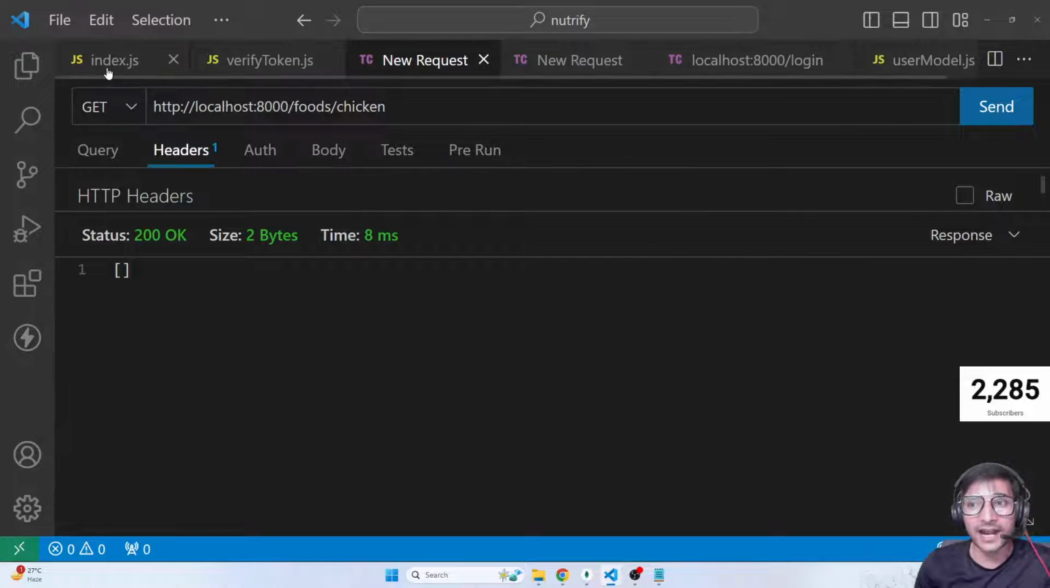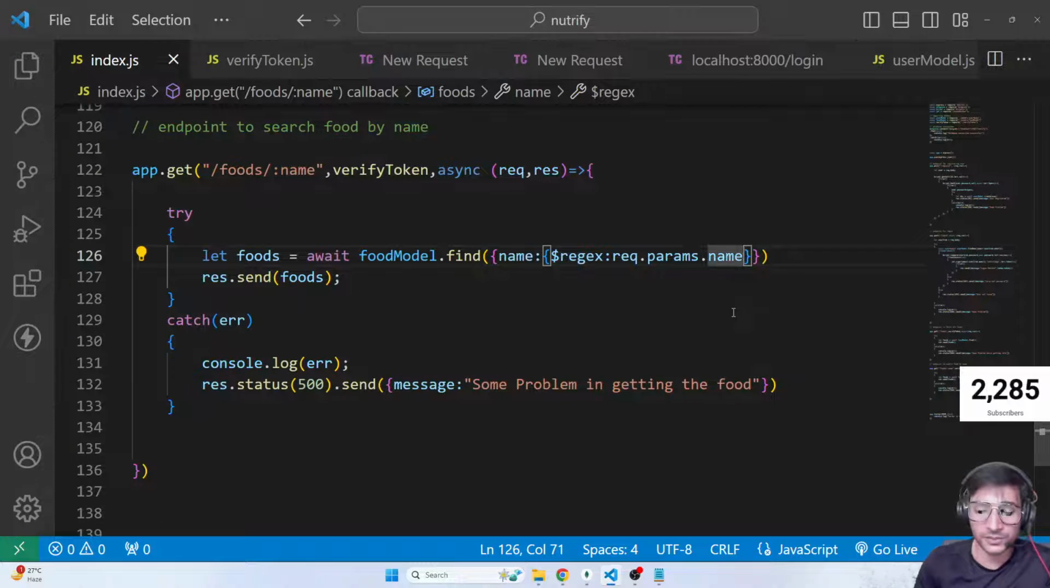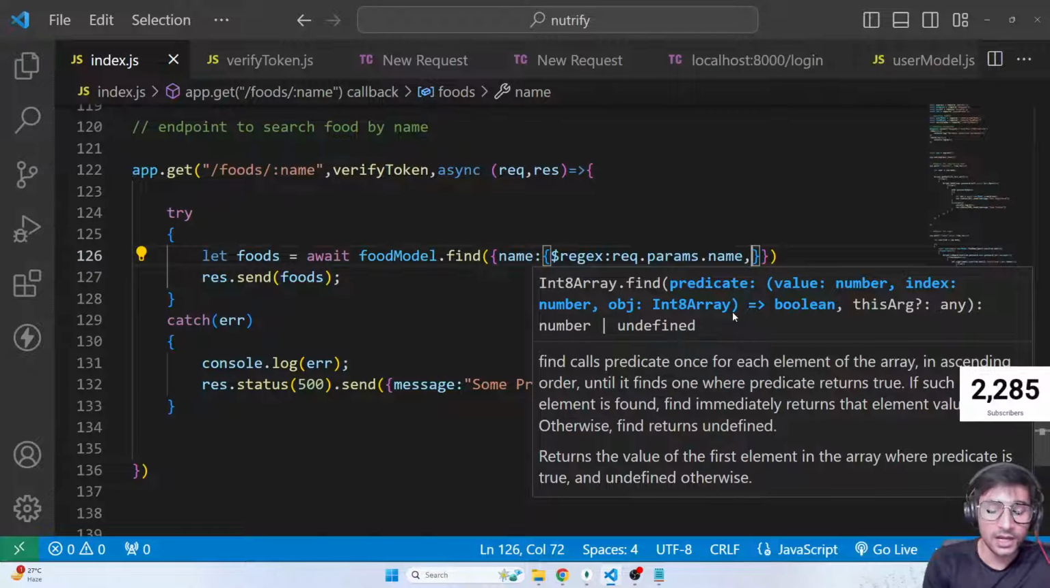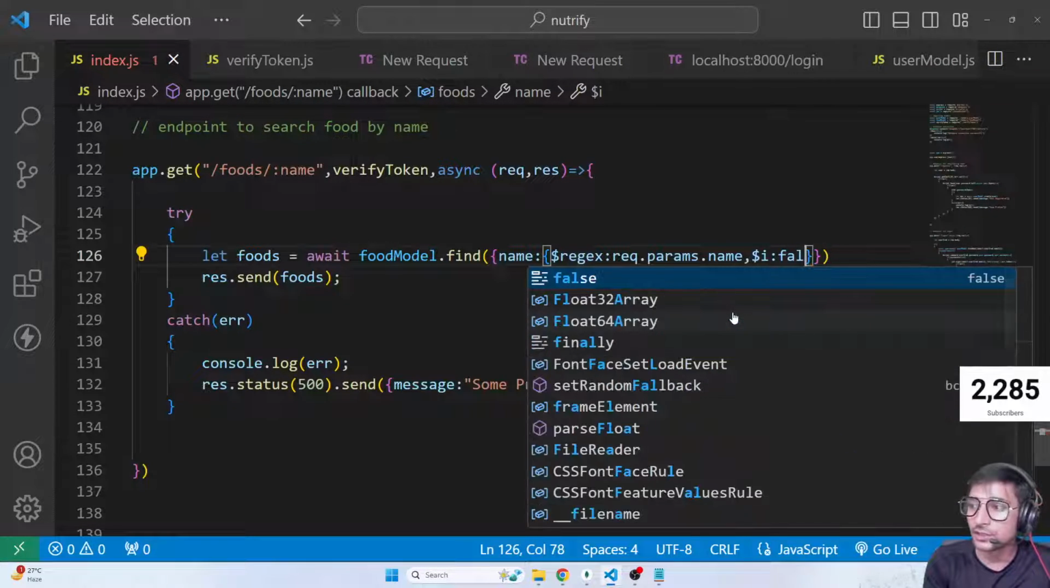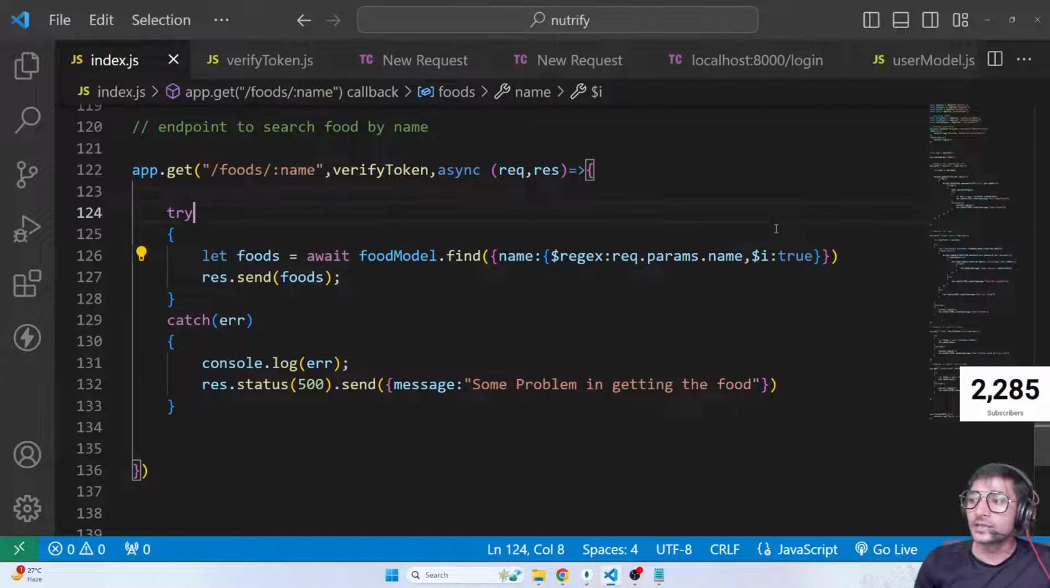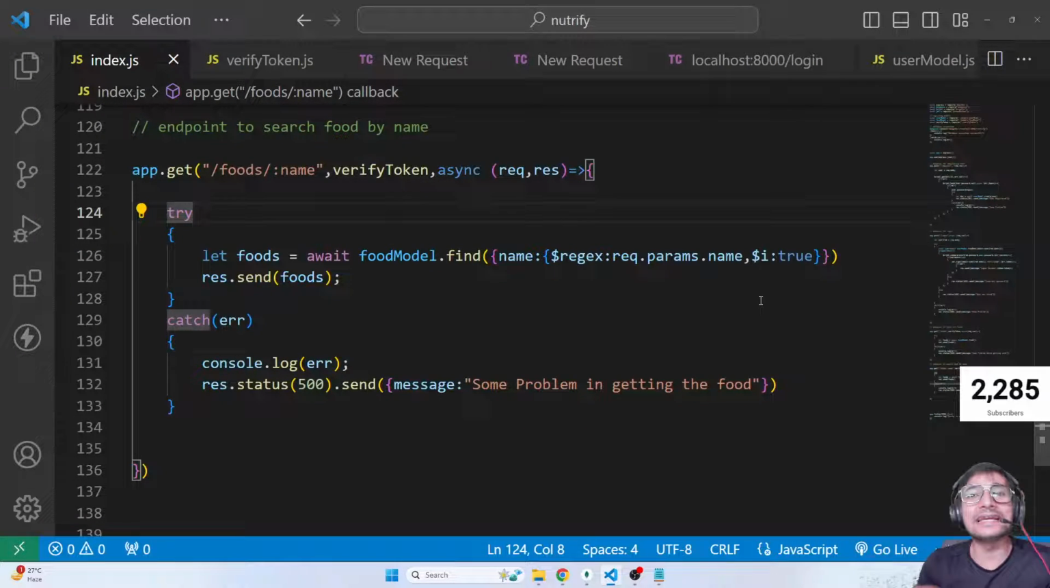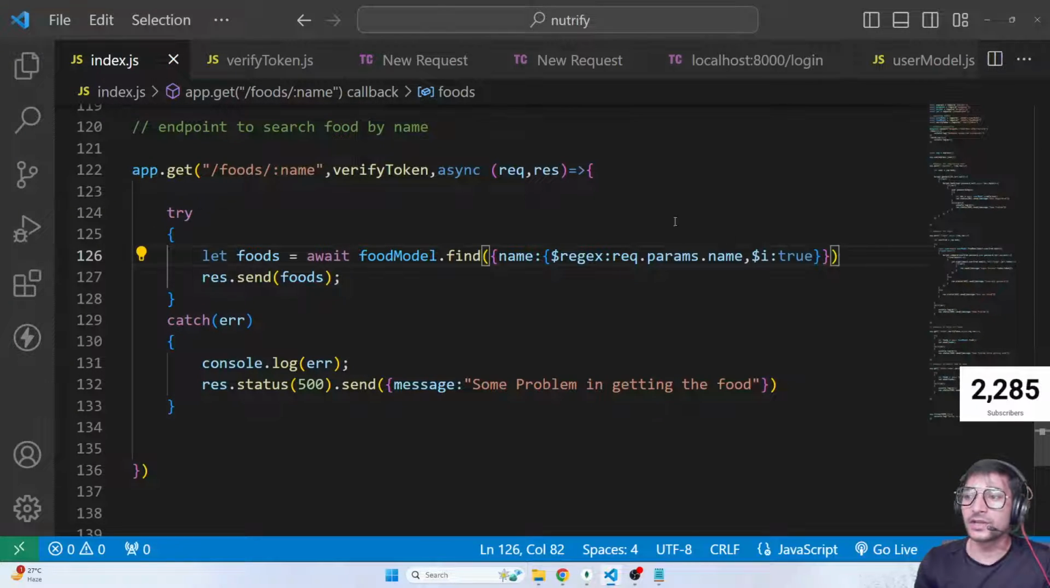So exactly. For that, guys, this regex feature has one more option. There is one more thing, let me recollect it. There was something called $options i, which you can make true. This i stands for case insensitivity. So i true means it should be case insensitive. That's it. So now if you check it,